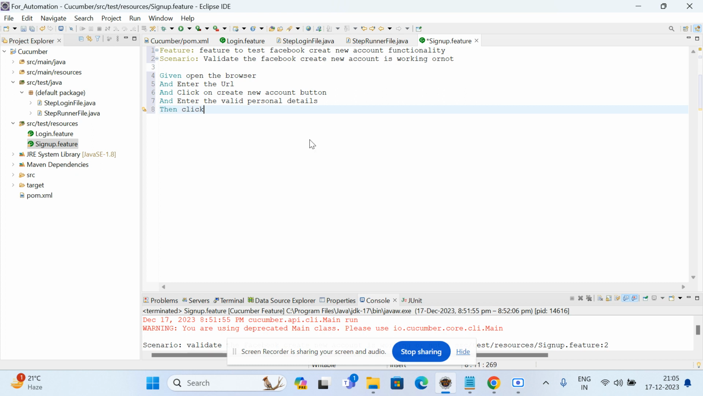Okay, so you have to give the name as a sign up button. Then once you click the sign up button, what we are expecting, the annotation we are expecting, it should show us the pop-up message, registration successful page is open. So you have to write here,